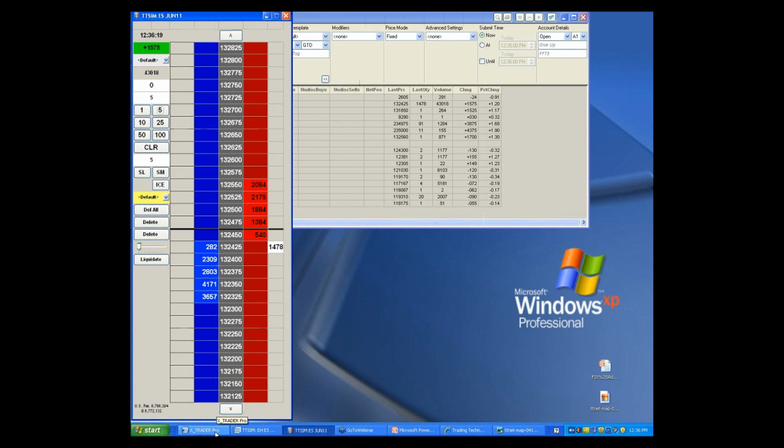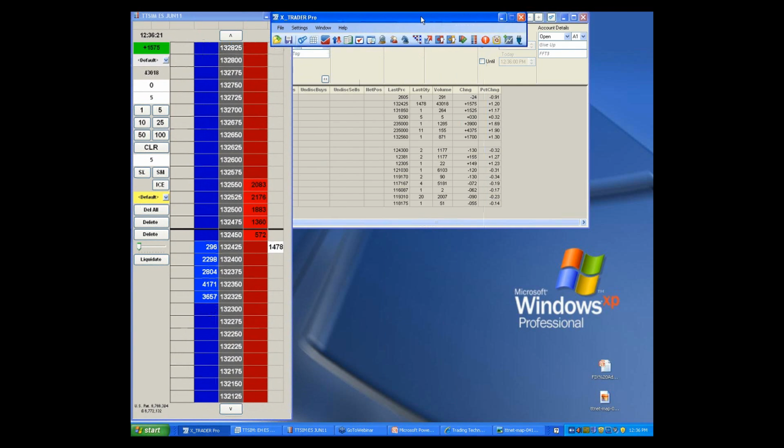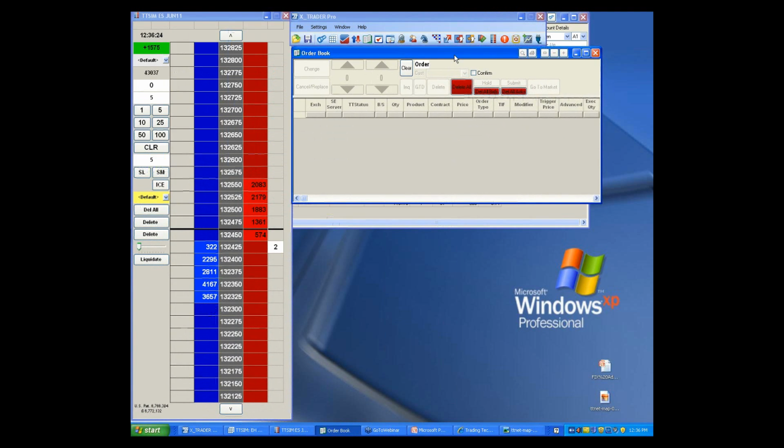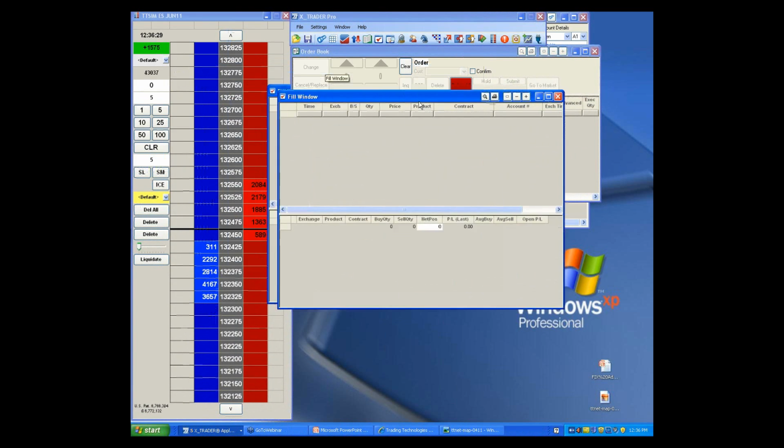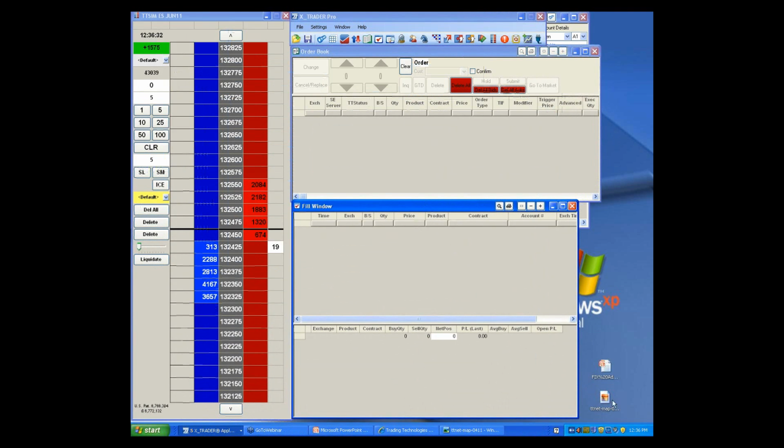And actually, before I even do that, let me bring up a couple of other windows so that everything can flow together. Our order book, which will have all the working orders, and a very important one, the fill window. Once we've gotten filled, that's where all your orders will be. Over a little bit, okay. Along the top will be your list of fills, and the bottom, your P&L. So first things first, I'm just going to put a working order out there, which,